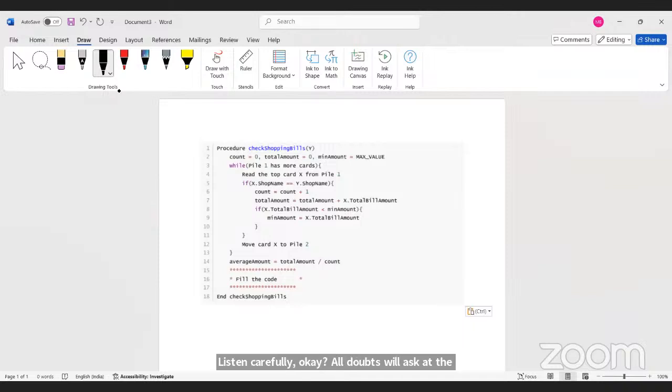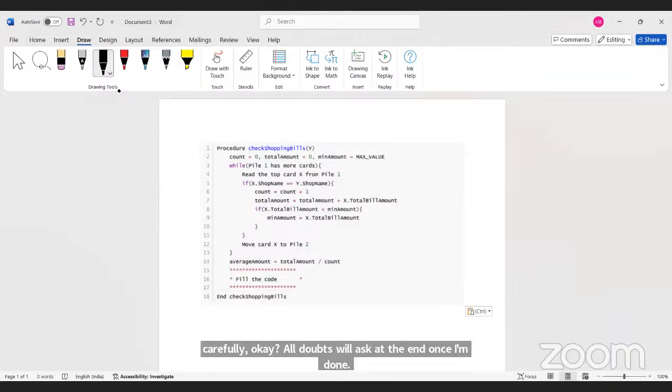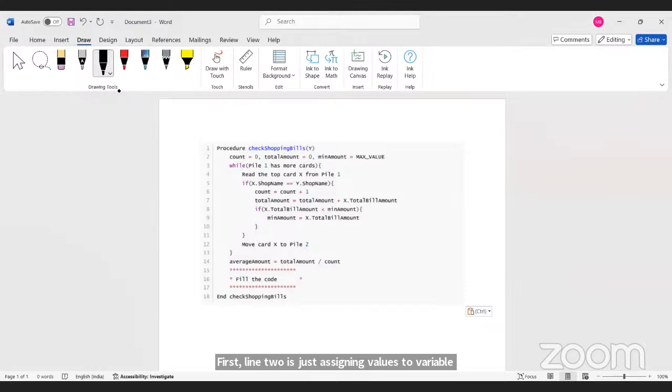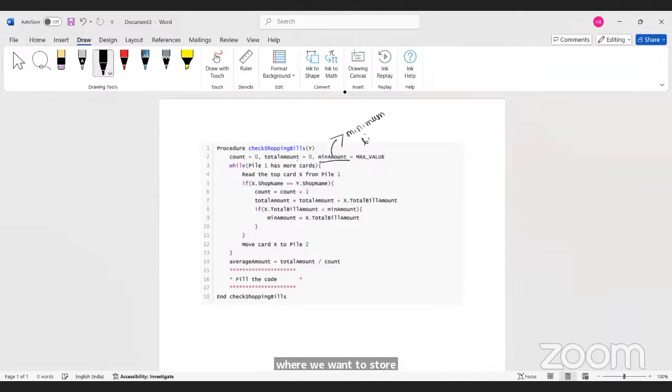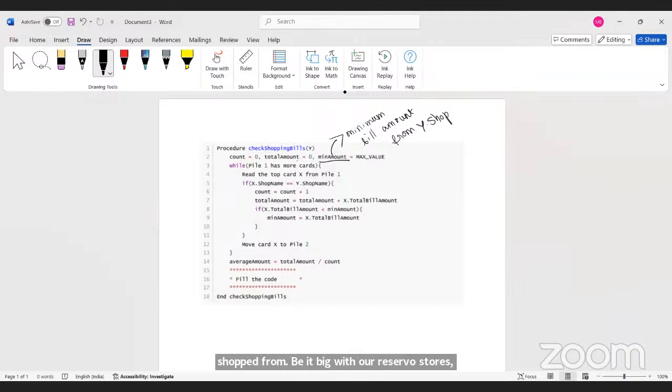First, line 2 is just assigning values to variables. Count variable is set to 0, total amount is set to 0. Minimum amount is a variable where we actually want to store what? This is what you have to understand first. Minimum amount is a variable where we want to store the minimum bill amount from y dot shop, whichever shop y has shopped from, be it Big Bazaar, SB stores, whatever it is. We want minimum amount at the end of execution to store the minimum bill amount from that shop. This much is clear for everyone,